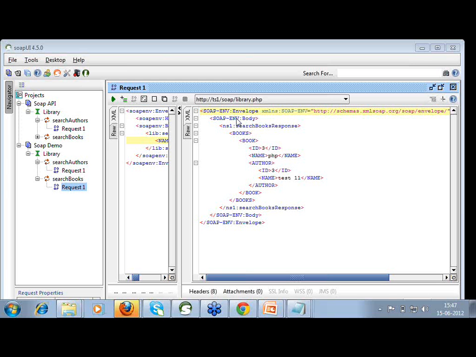In case of REST, it won't retry. Either it will fail or pass. In SOAP, it will try at least 2-3 times to make the payment succeed. So that's the goodness of SOAP.